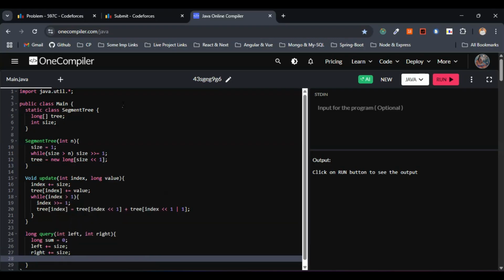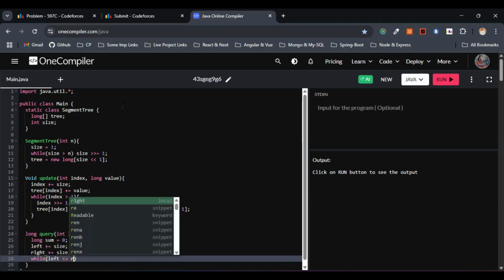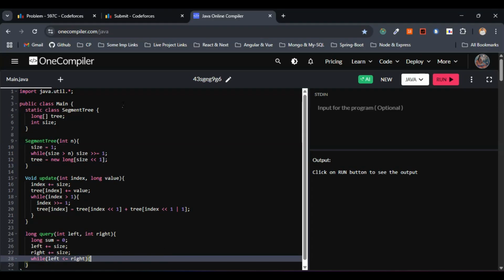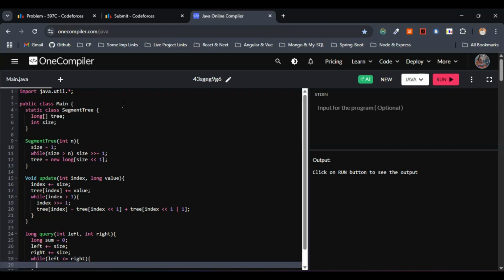This is fine. The next step, we will be going with a binary search. So this will be while left less than or equal to right. Let me write the simple if condition here. If left is odd, then, so I have made use of bit manipulation again for this particular problem. So instead of writing this out plainly, I have made use of the right shift operator and left shift operator, pure